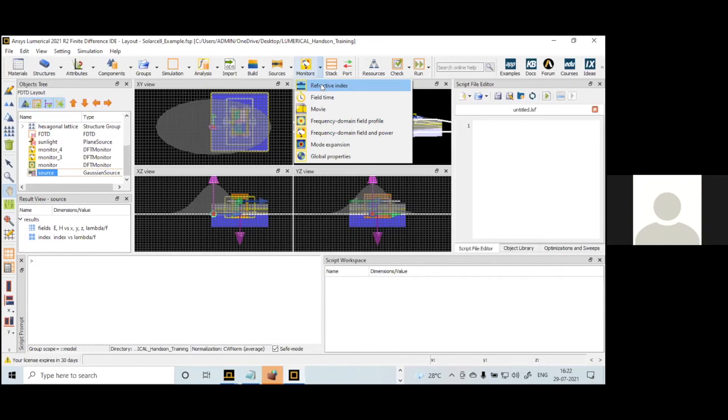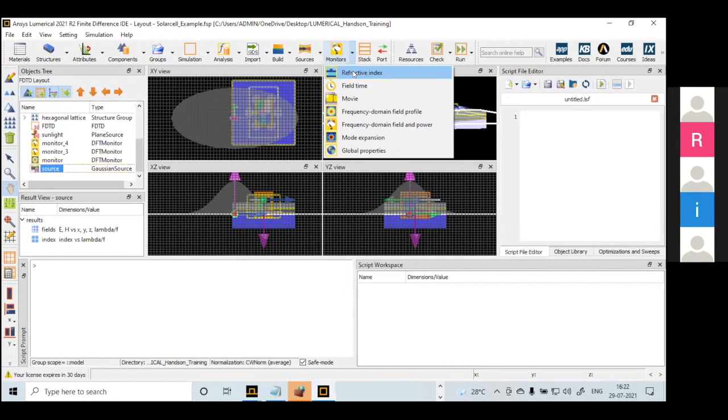But whenever we are defining in terms of structure refractive index, we will be knowing only the respective value for a single wavelength value. But when you use this monitor, it will collect the refractive index variation value for the entire wavelength range. This monitor is there in the EME or FDE solver also. This result we will get there also, the same result.